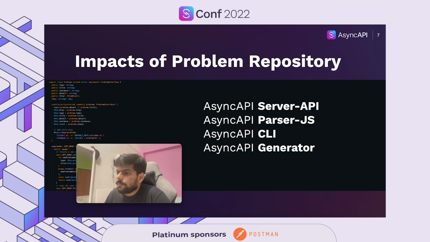So where the problem repository will have impact: the initial features of this error interface will be incrementally added to the parser repository, server repository, AsyncAPI CLI, and generator. In the whole AsyncAPI organization, even if you want to have your own project, you can use that error interface. Own project in the sense of something related to AsyncAPI. It will be done effectively by Q1 of 2023. And I also want to thank my project mentor again, Matche, for helping me